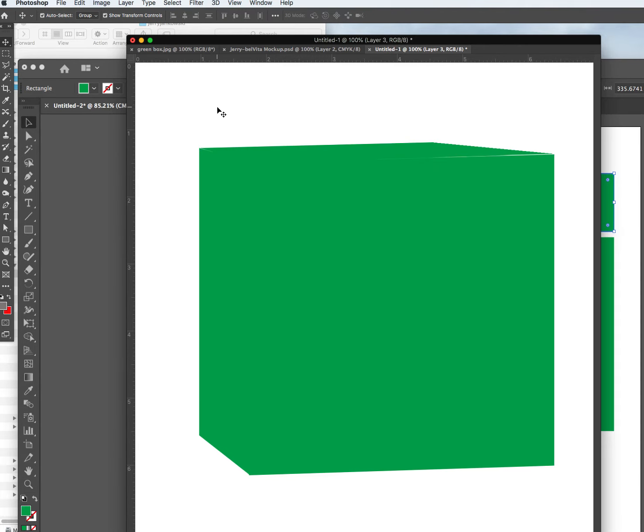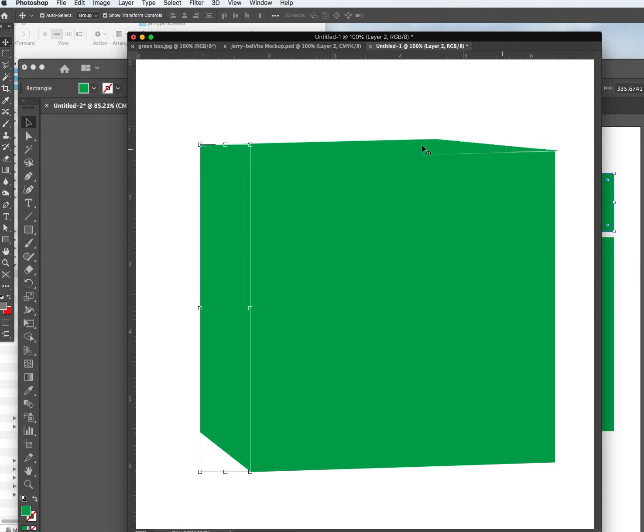Let's see what this looks like. It's a little off, so let's move it a little bit more. There we go. It's a little bit off. We'll fix this. So we got that, we got this, and we have this. Okay? So now we're going to put a little bit of some dimension on here so that it doesn't just blend in. So let's click on this and go up to